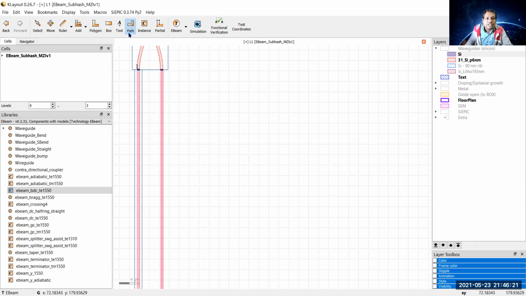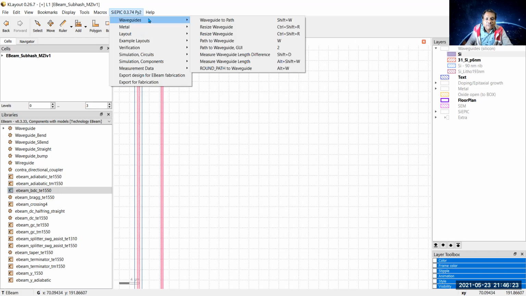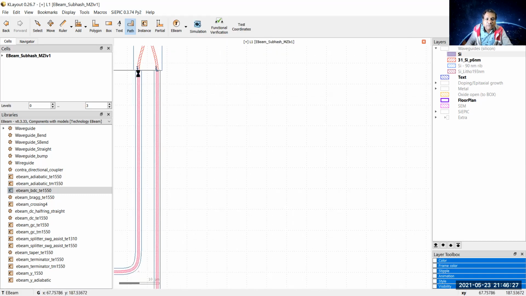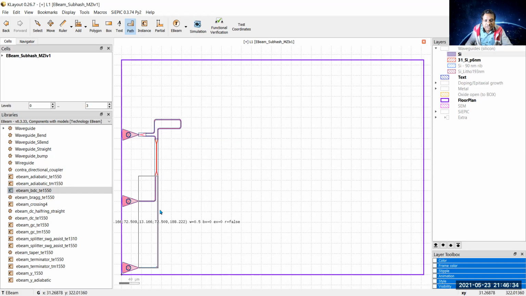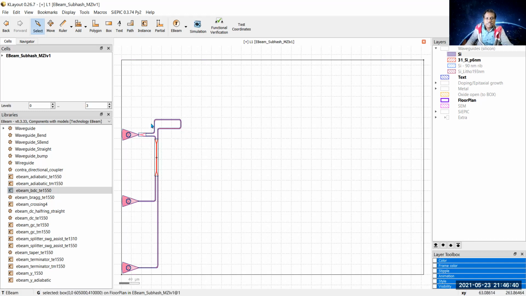After double clicking this, go to SiEPIC, Waveguide, path to waveguide, double click. So you see both connections have been made. Now I am again pressing the F button. So you see it is visible in the middle. So go on selection. So this is our Mach-Zehnder interferometer having delta L equal to